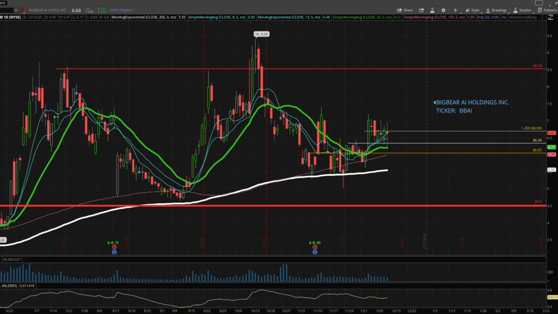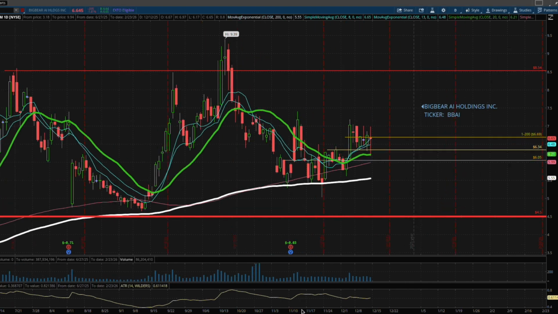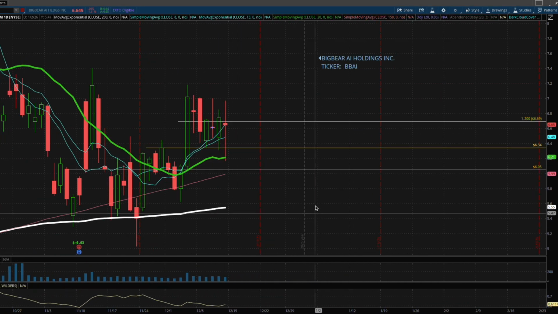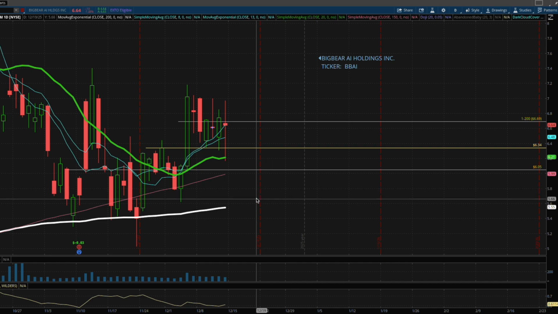So each of these bars here are called candlesticks. Okay, they're each called candlesticks. Alright, now each candlestick,